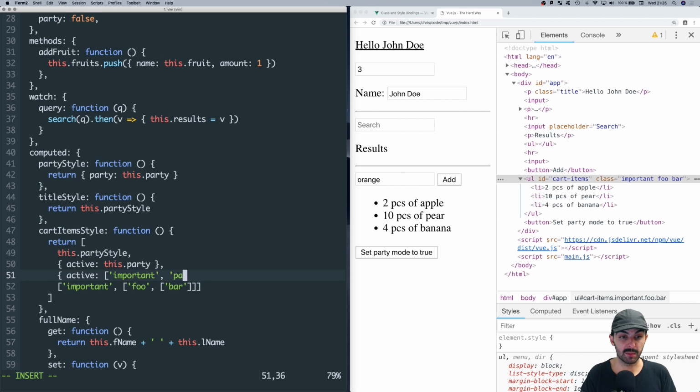That was unfortunate. But at least what we can do is say it like this: party depends on this.party being true, active depends on this.active being true, and so forth. So we have to tack them on like that. But who cares? That's good enough. But yeah, what I was trying to say is that